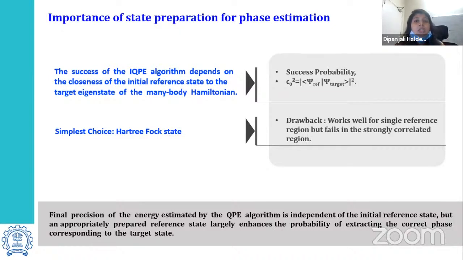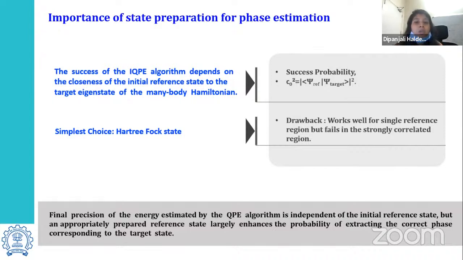So we need to maximize our chances of reaching the correct target state. We can do that by preparing our initial state in such a fashion that it has maximum overlap with the target state. One of the very basic and the simplest choices for the initial state is the Hartree-Fock state,